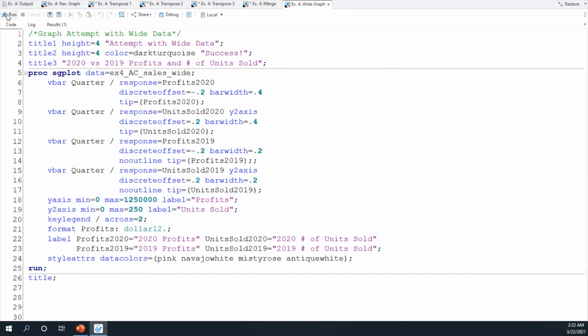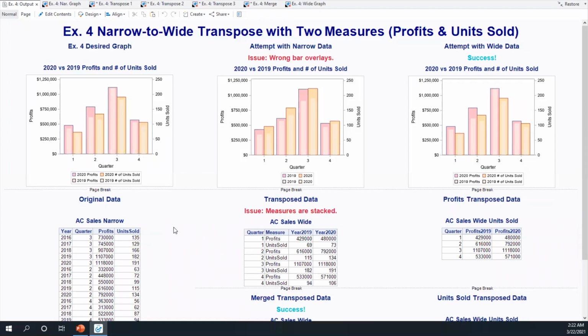When we run it and compare to the desired output, we see that it's a match. And if I were to hover over these bars, we'll see that we are in fact getting the 2019 profits over the 2020 profits and the 2019 units sold over the 2020 units sold.